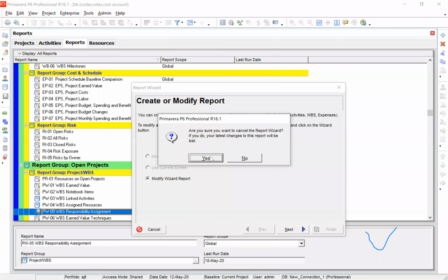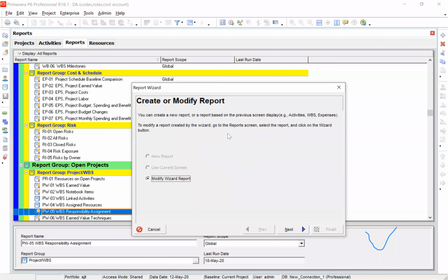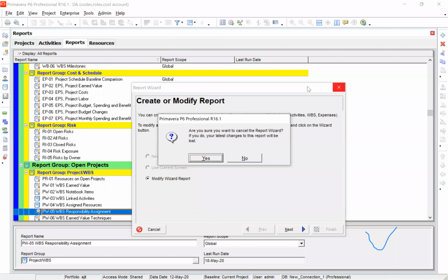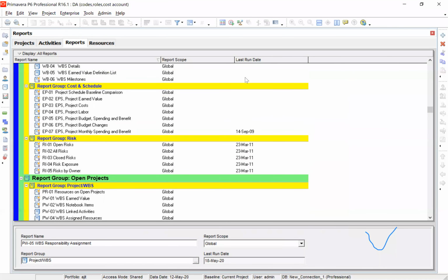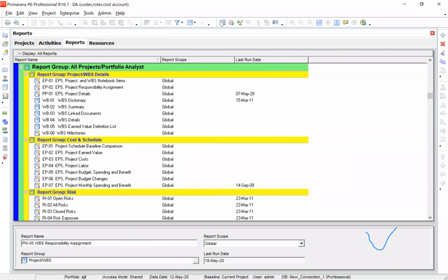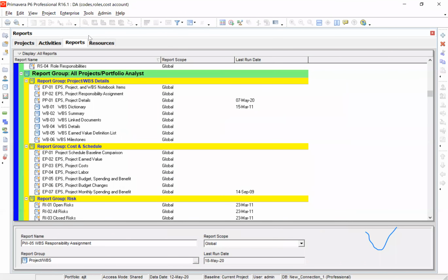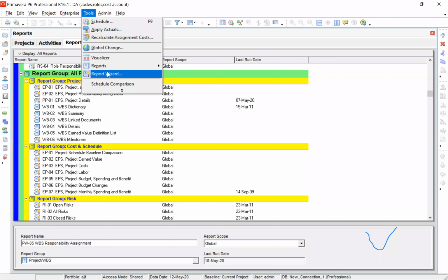So okay, now we go to tools, report wizard.